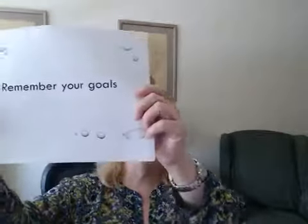So first thing you want to make sure is that you keep track of what your goals are. It can be really hard to think about your long-term goal of getting your college degree, and that's why you need to get yourself to class and you need to do your work. So instead, think of some of your short-term goals. What are your grade goals for a particular class,